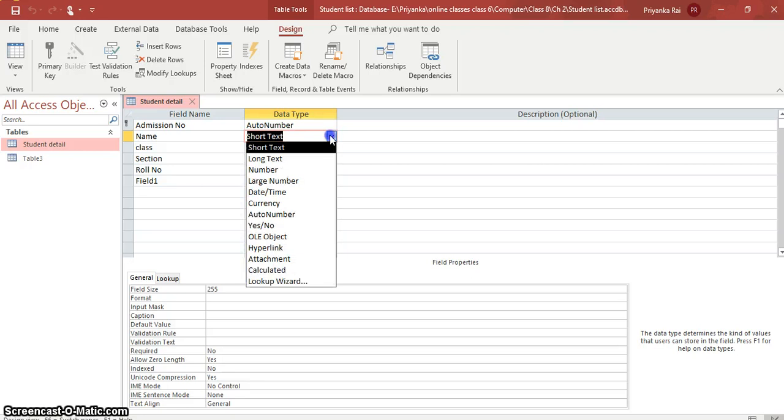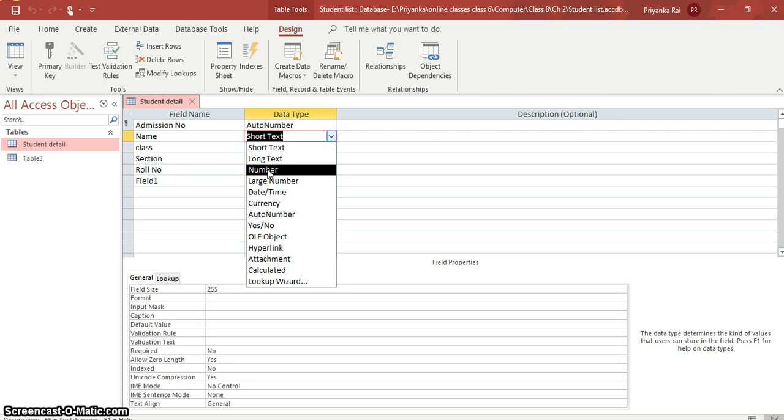Next is your memo. Here it is written long text. In the previous versions it is the memo, and it has a character limit of 63,999, and it is used for detailed and descriptive fields. You can type more. Next field is your number. This field is for numeric calculation.